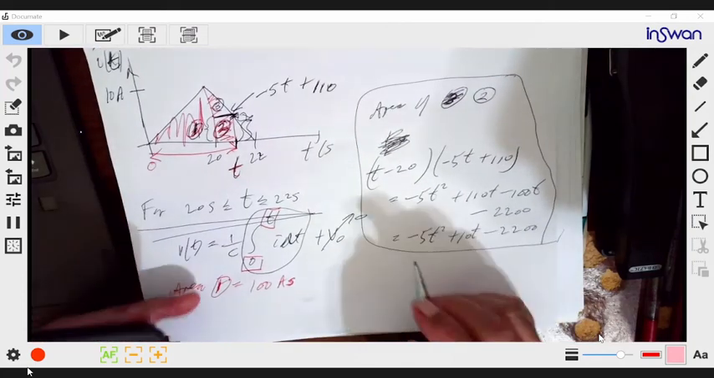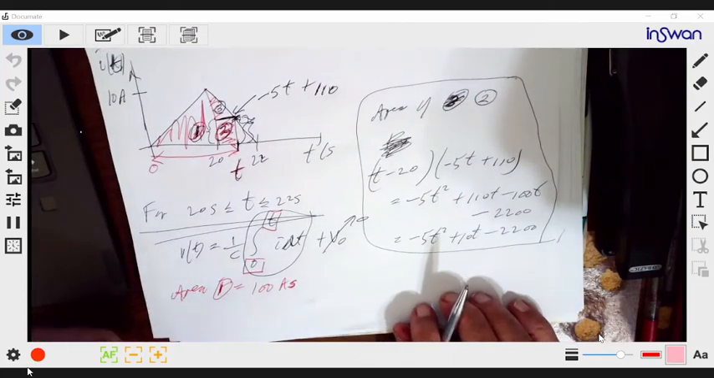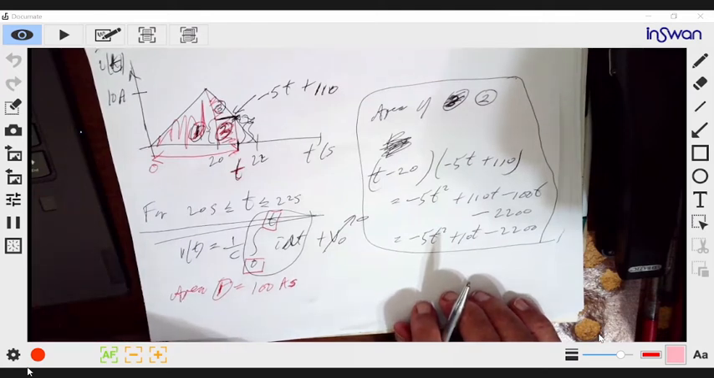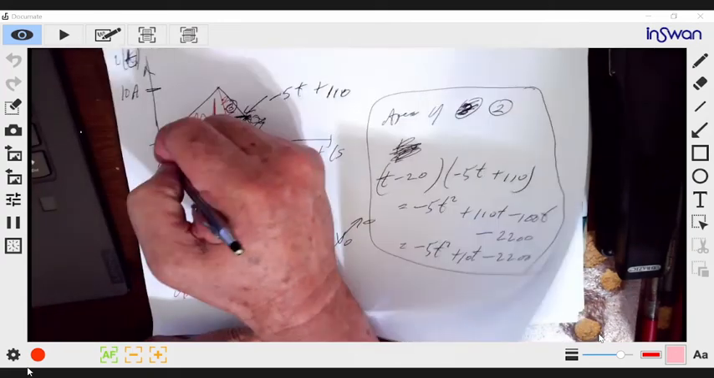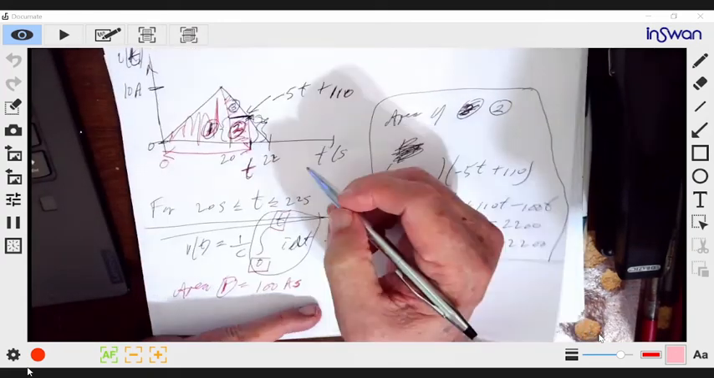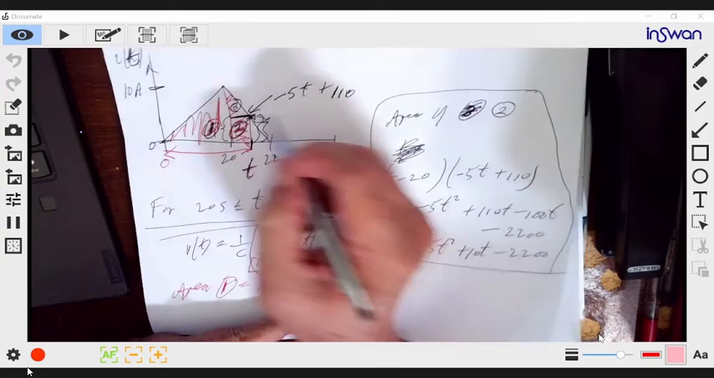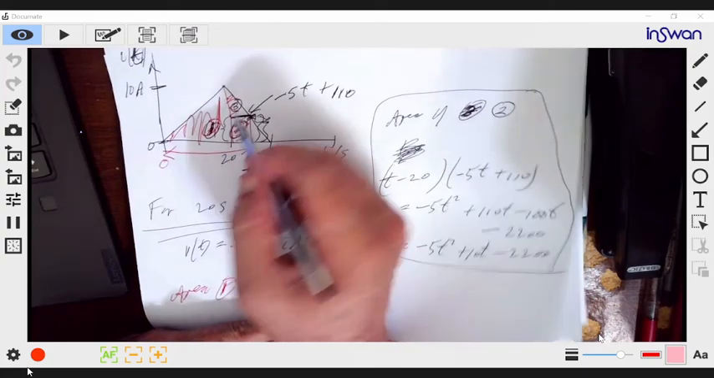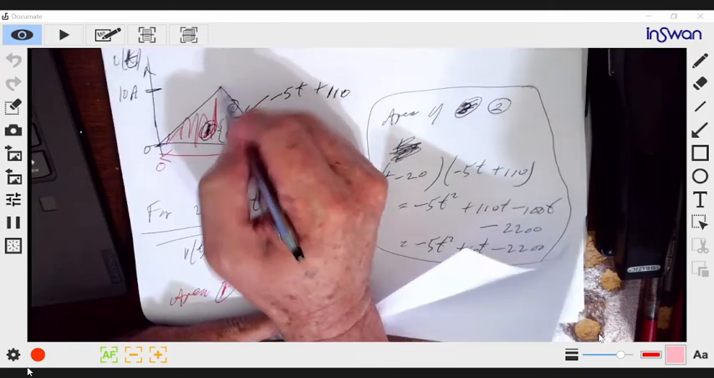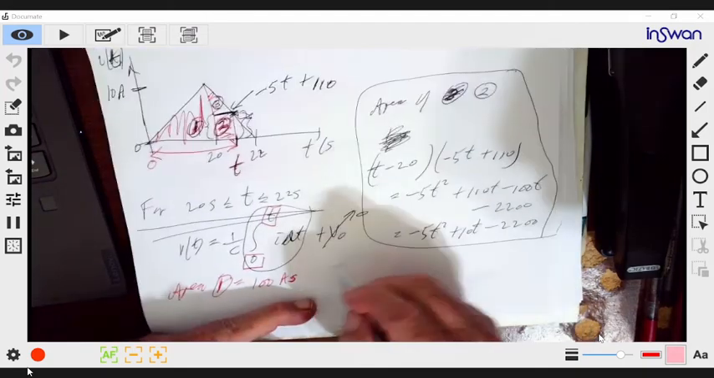So for area 3, it could be half. So the height of this top of the triangle, that could be 10 minus negative 5t plus 110. Absolutely. Because from here to here is 0 to 10. From here to here, this is 0, this is negative 5t plus 110. And so the difference here would be this height. So area